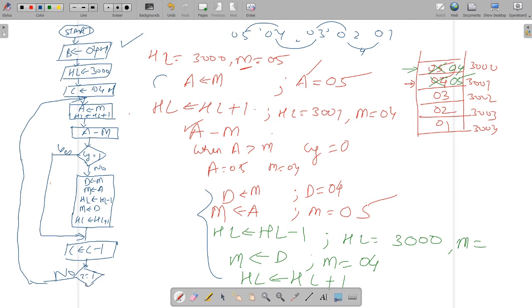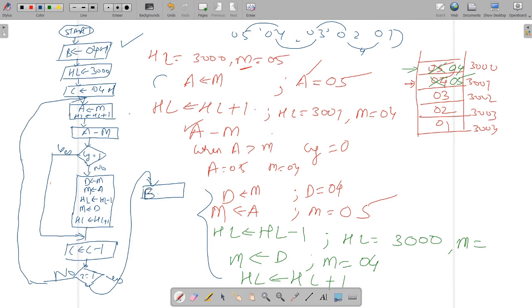Okay, so when you are done with all the comparisons, then your control will come out of this loop. Fine. So when your control is coming out of the loop, that is yes. Now you do the decrementation of the iterations. Iterations means what? This is when your 05 will be shifted to this position. So that will be your first iteration. So now you have to shift 04 just before your 05. So you are going to perform the second iteration.